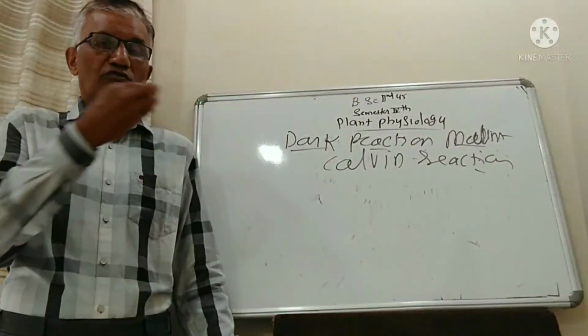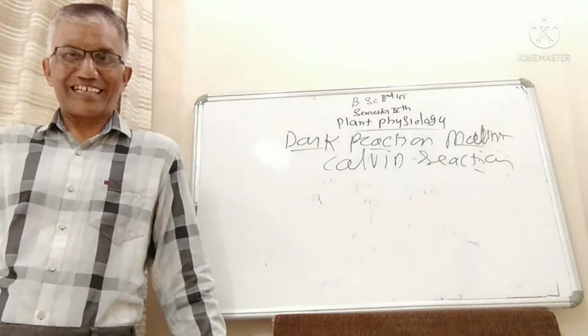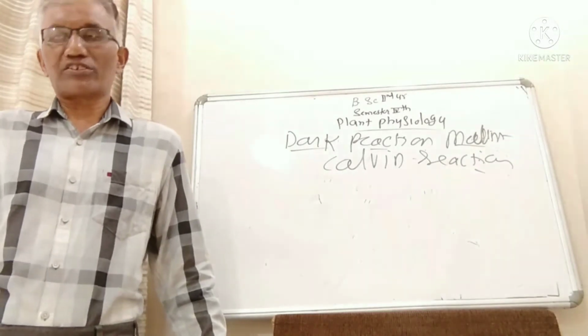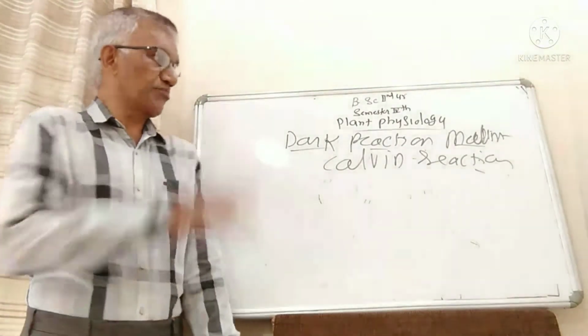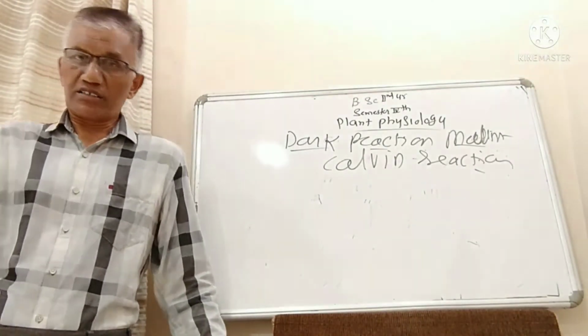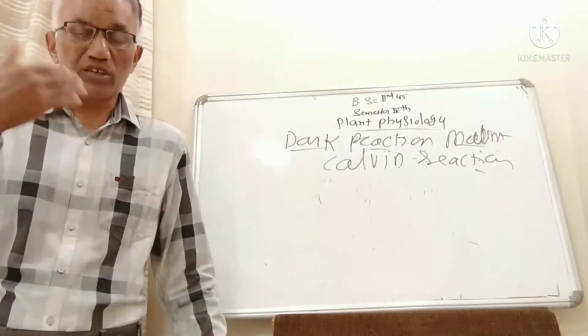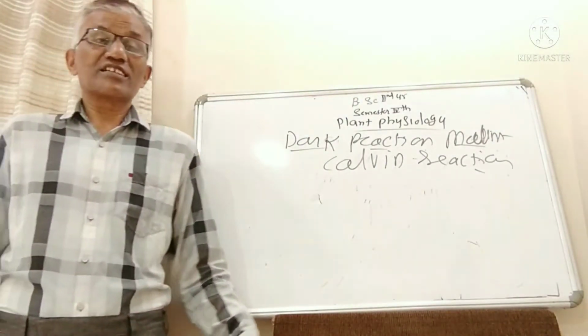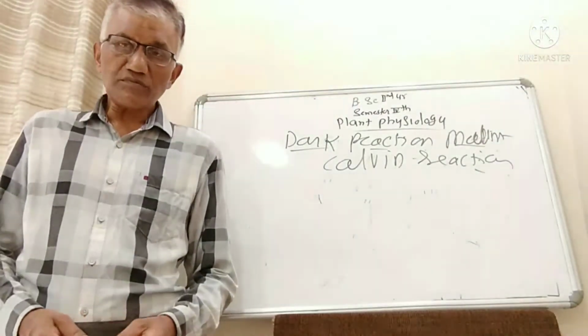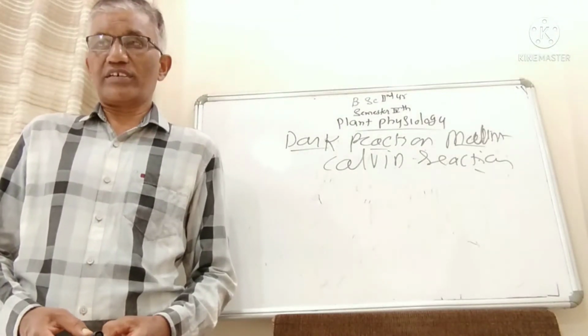This is the pathway where carbon dioxide fixation takes place and there is a net product of glucose or carbohydrates. So this is about the C3 pathway. Now there is one more pathway where carbon dioxide fixation takes place, that is known as the C4 pathway. So why is it known as the C4 pathway?